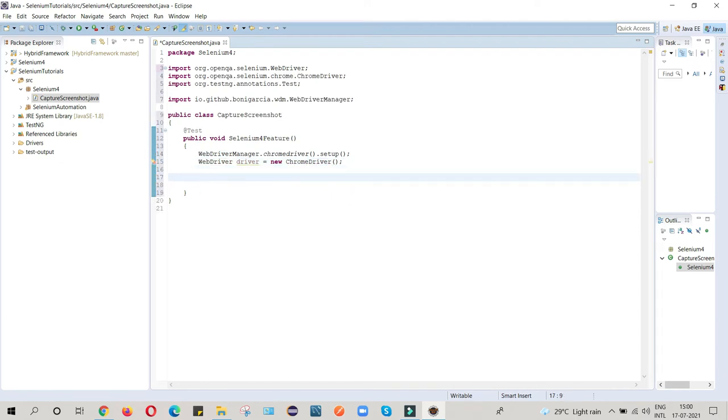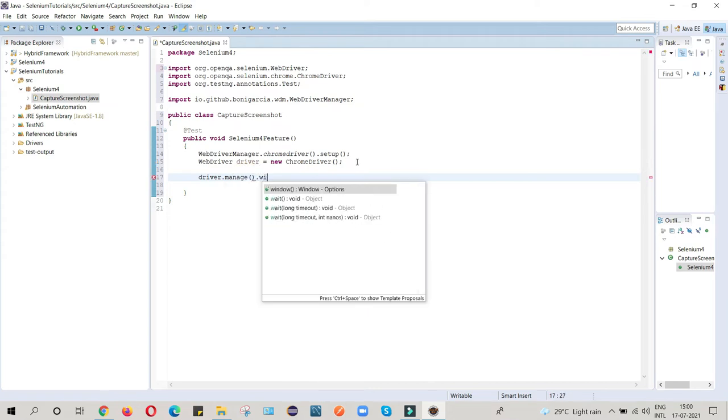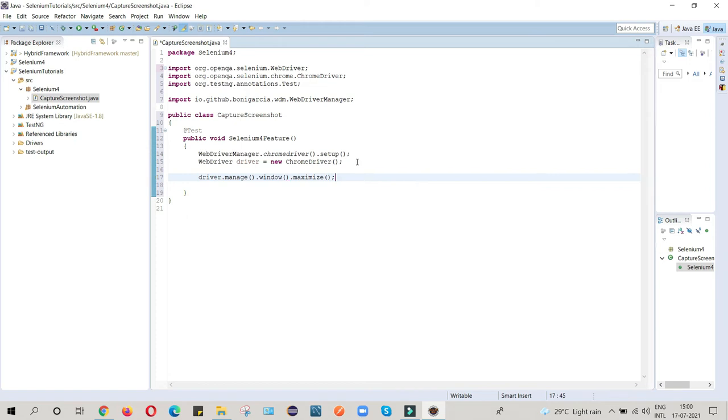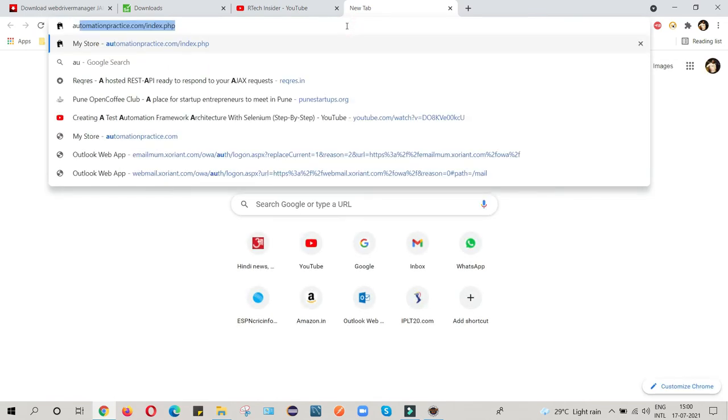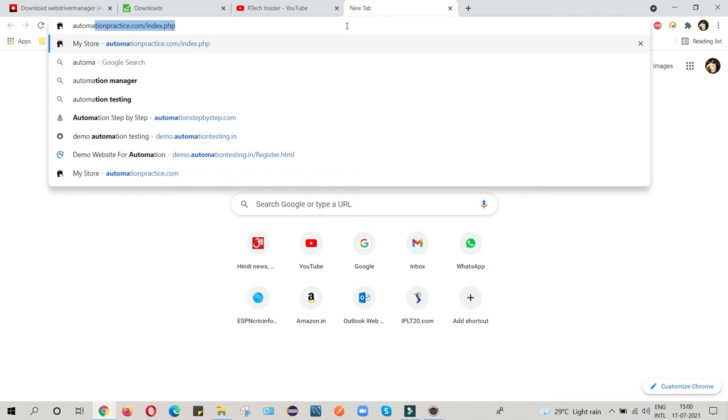Next, I will provide my application URL. Before that, I will maximize my window. So I will write driver.manage().window().maximize(). Let me see what activity we will do.